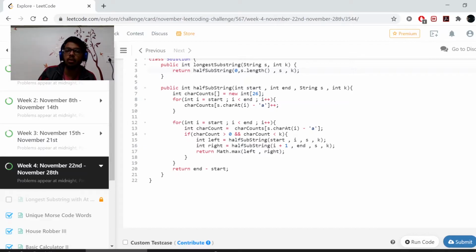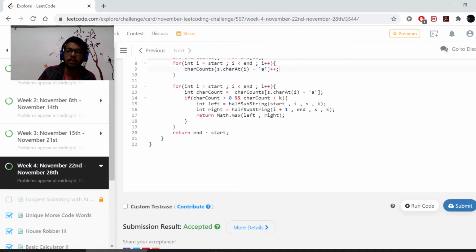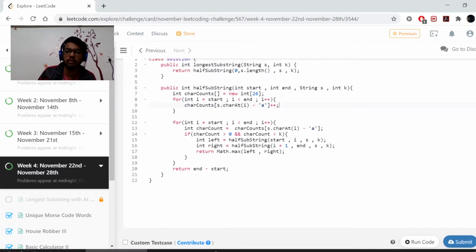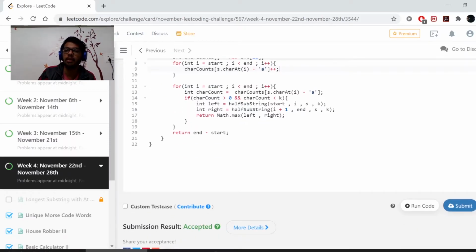Then what we do is we store these characters in a map, a hash map, or any map. I'm using just another array to map the count of the alphabets here. Then we again go from start till the end, and we check if the count of the element at that ith index is less than k. If it is, then we need to break. If it's not, then we don't need to do anything.